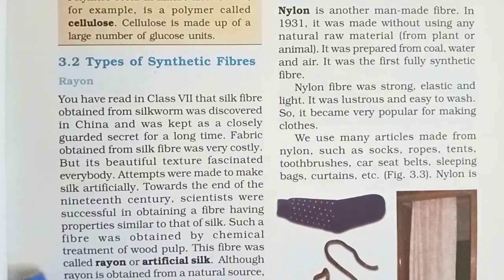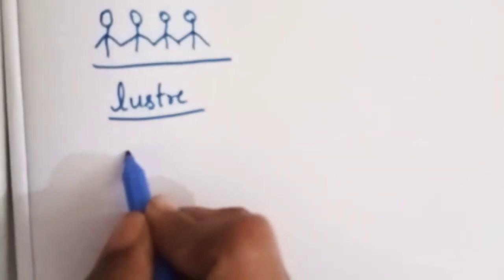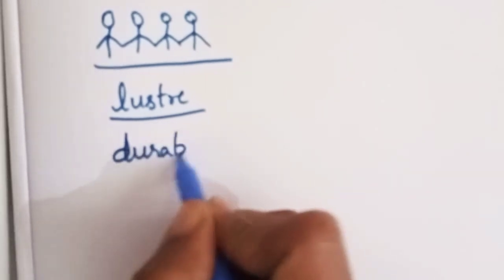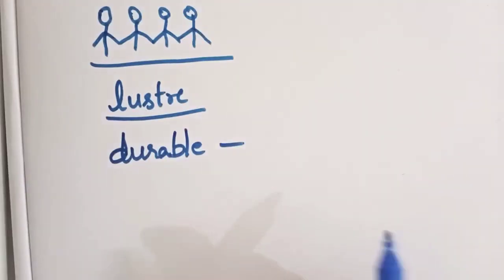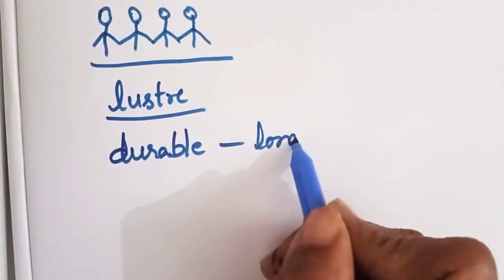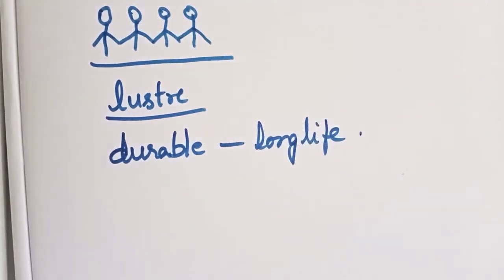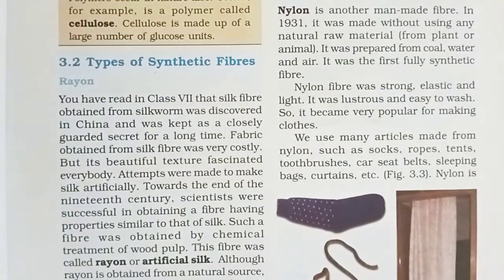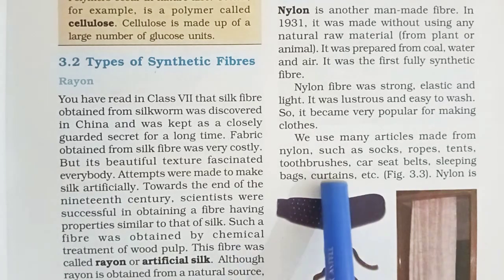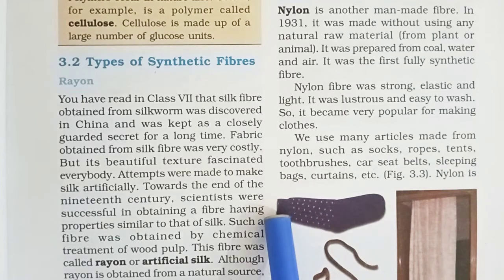So they must be durable. What is meant by durability? Durability means long life. Whenever we get a word, see, durable. Durable means what? Having long life. Long life means it stays for a long time. So even if it is a dress or a curtain, when we are buying something, we see that it needs to stay for a long time, without getting spoiled.